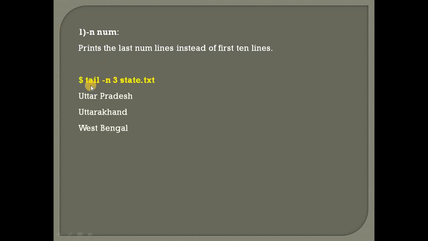So here you can see I have used the tail command with option -n. 3 is the number of lines which are to be displayed in the output, followed by the file name. So in this case the last 3 lines will get displayed. Or you can use the same command in a different way. You don't need to write n here, just write -3. In both cases you will get the same output. The only difference is here I have not mentioned n.